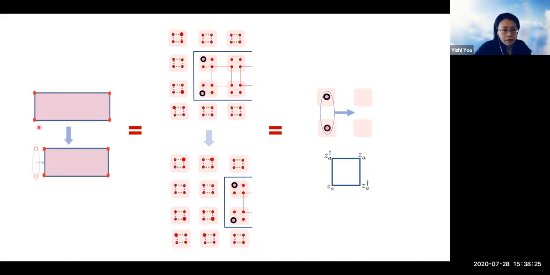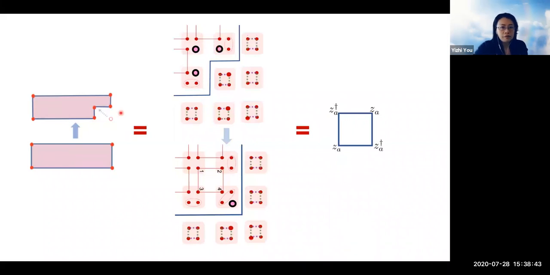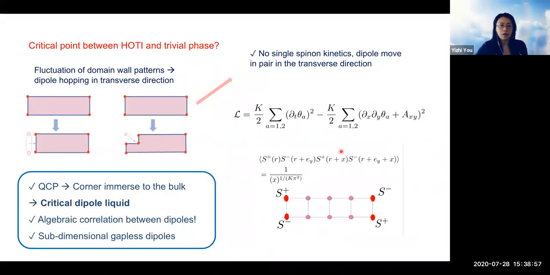So actually what we find is, once the domain wall tends to shrink a little bit, it will transport 2 spin-1/2 zero modes living at a corner, as a dipole, in their perpendicular directions. So it transports 2 spins to this side. And at the lattice model level, this is something like a ring exchange term. And the same, if the domain wall slightly shrinks with a corner, it again annihilates 3 spin-1/2 zero modes here and creates them here. So in the lattice model, it's still something like a ring exchange term. So actually the quantum critical point can be described in terms of a dipole liquid where